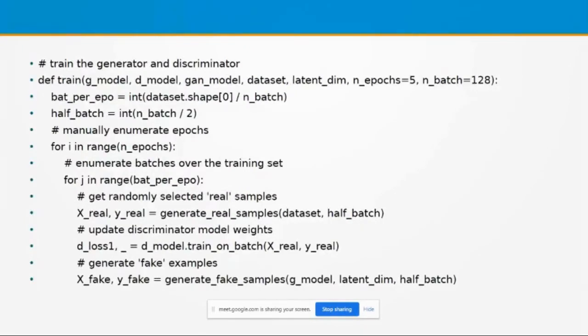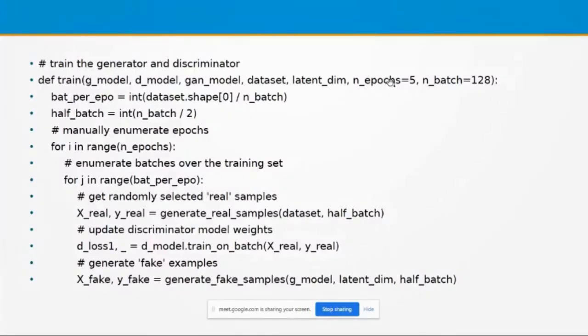Then next, after generating the real images and the fake images, we can train our GAN model. For that, we can create a user-defined function training. The parameters are G model, the generator model, D model, the discriminator model, GAN model, the combined model, data set, latent dimension, how many noise values, and number of epochs, how many times we have to iterate the process.